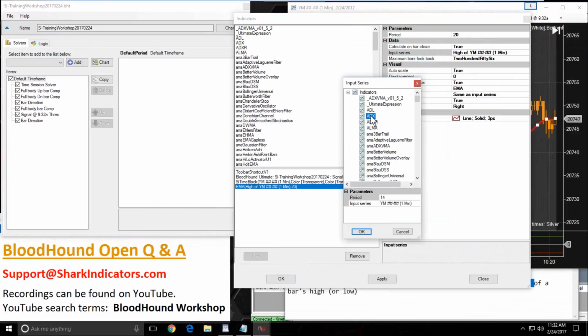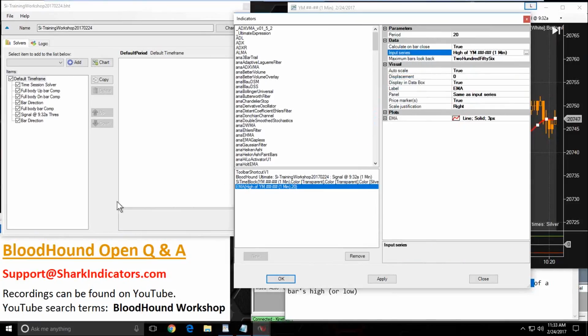We're taking the value of an indicator and then nesting it into the EMA. That makes a little more sense as far as word definitions go. But in any case, Ninja calls it the input series,